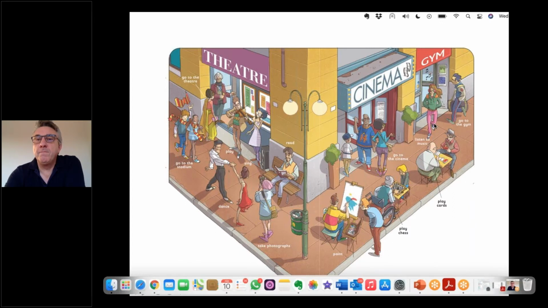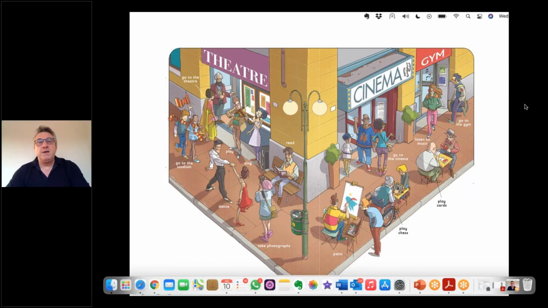Okay, he is reading a book. Yep. She's taking pictures. They are dancing. She's going to the cinema. They are playing chess. The artist is drawing. A man is painting on the street. Okay, great. He's drawing a picture. Thank you, everybody. It's only time moving quickly, but you get the idea.